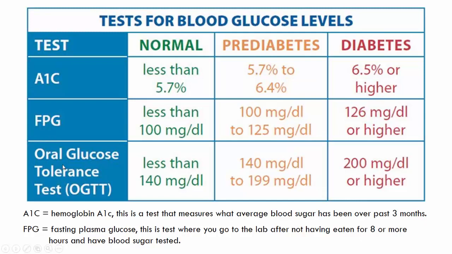Less common, but sometimes also done, is an oral glucose tolerance test, or an OGTT. This is where you go to the lab fasting, have your blood sugar checked, then you drink a sweet drink that contains quite a bit of sugar, and they test your blood sugar 2 hours later. The goal is to have that less than 140. If it's between 140 up to 199, that may mean prediabetes. If it's 200 or higher, that may mean diabetes. So again, it's always a good idea to have regular appointments and regular lab work as recommended by your primary care provider.